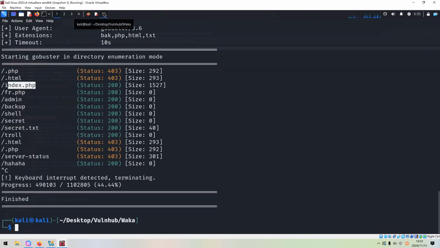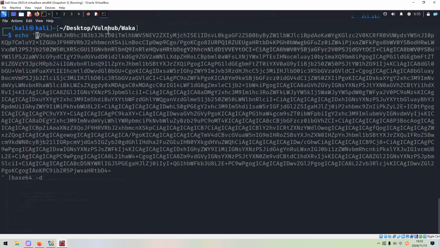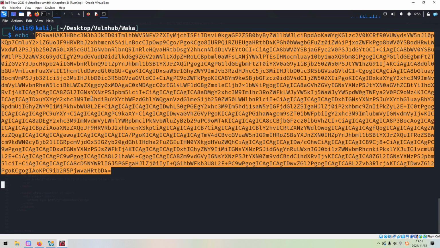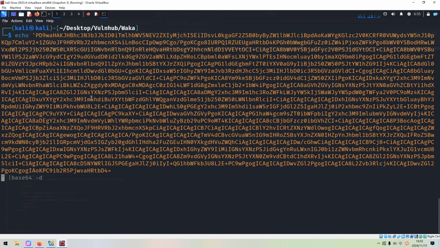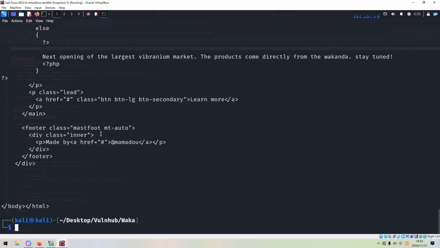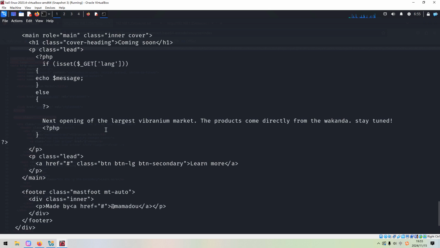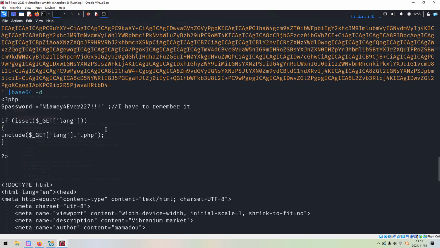and then we can decode. And we got the source code of the index page, and we can scroll up, and we can even discover the password.